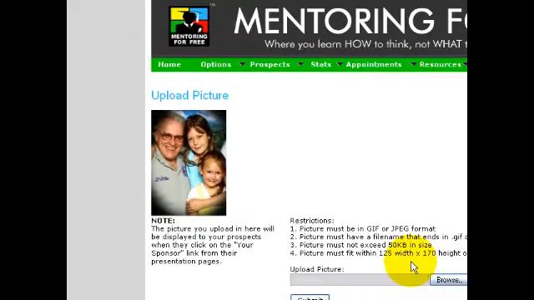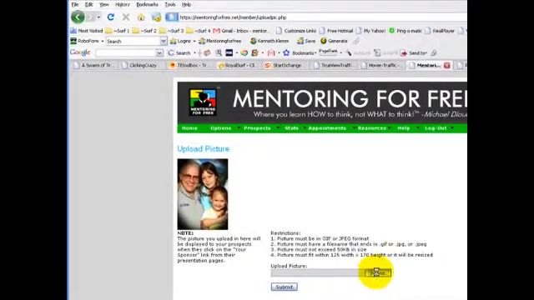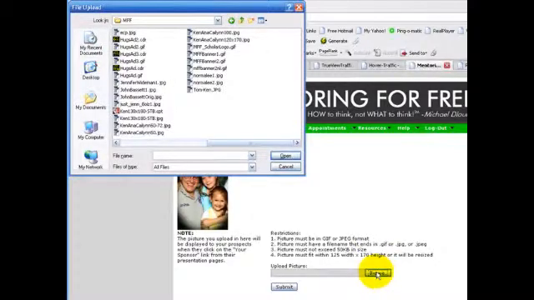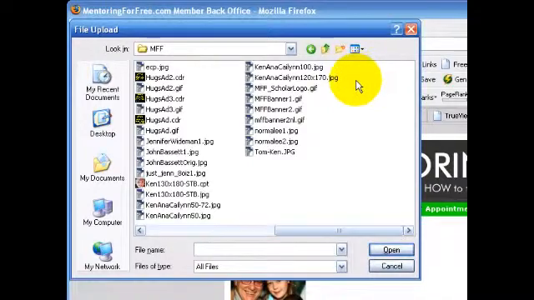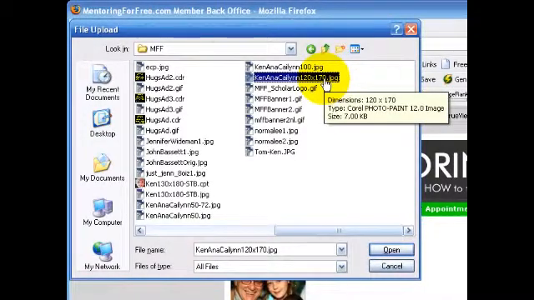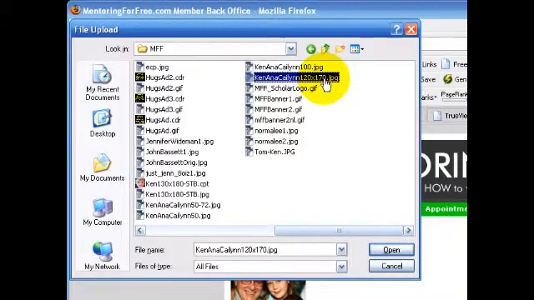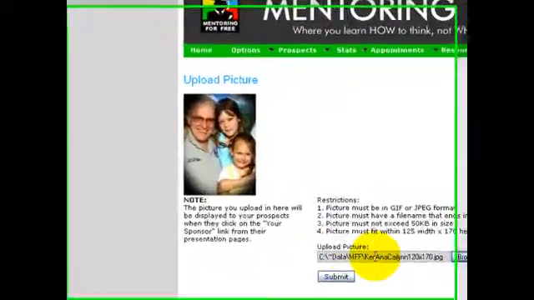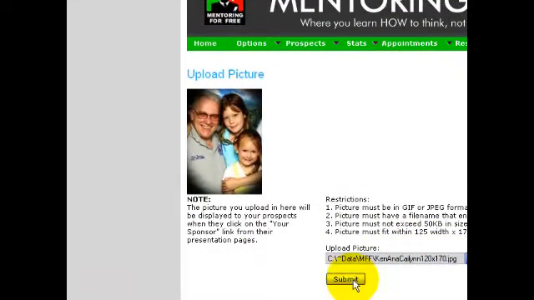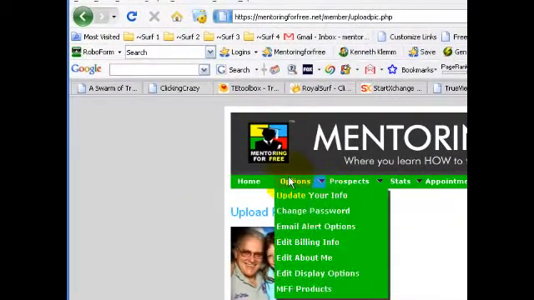Once you've got your picture ready and it's on your drive, just click the browse button there, and in the box that pops up, navigate your way around through your hard drive and find the photo you want, and then just click on the file name and click open, and it will insert the file name here, and then you just click on submit and it will upload your picture. And then you can verify that it's there by following the steps again. Go to options, edit about me,